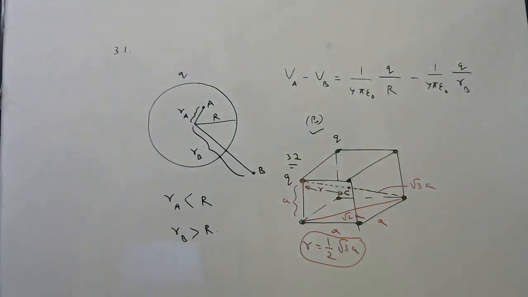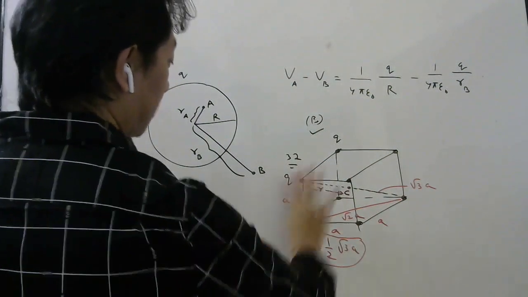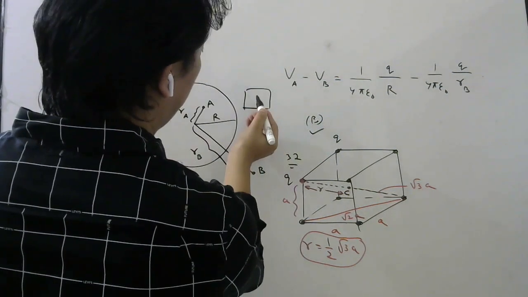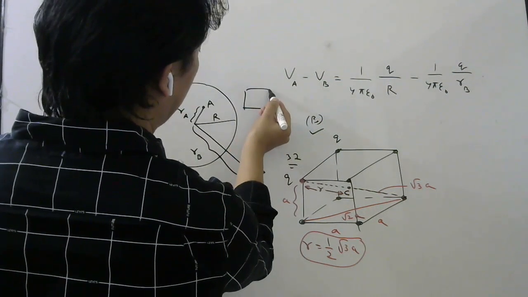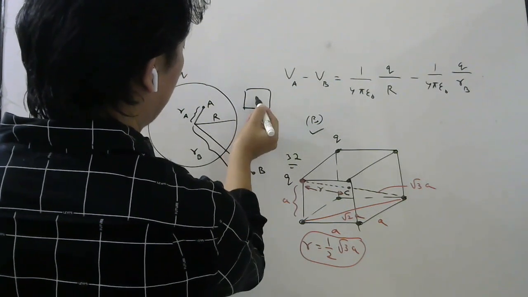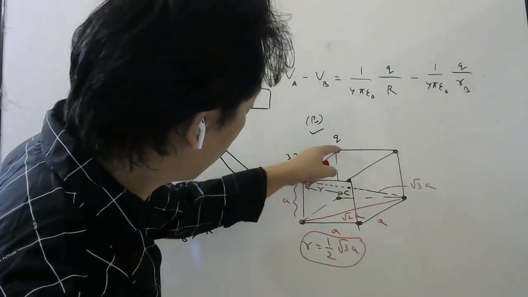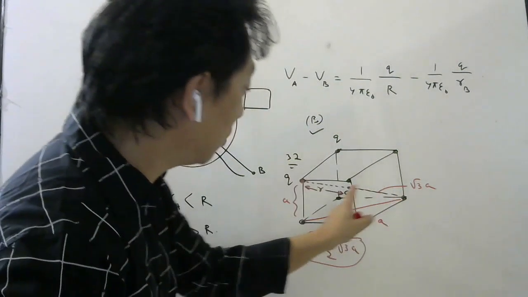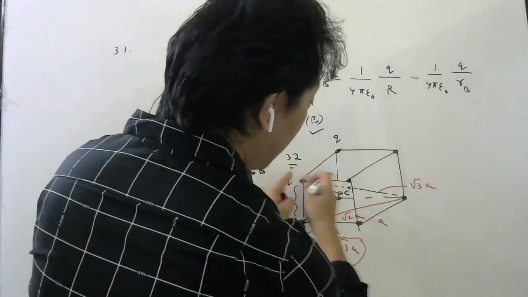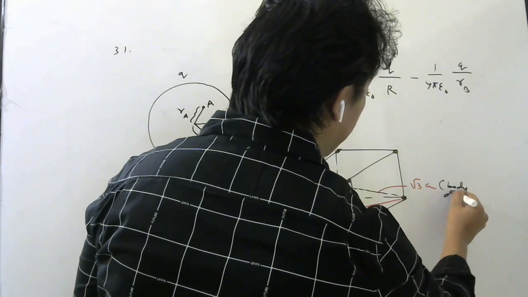Right, students? Because it is a cube. So if you see from this side, it is a cube, like this. This charge, the point is at the center. So the distance from this to this point, this to this point, this to this point, that will be the same. From one corner to the center, from one corner to the center, from the other corner to the center, all those distances will be half of this body diagonal. This is what we call the body diagonal.